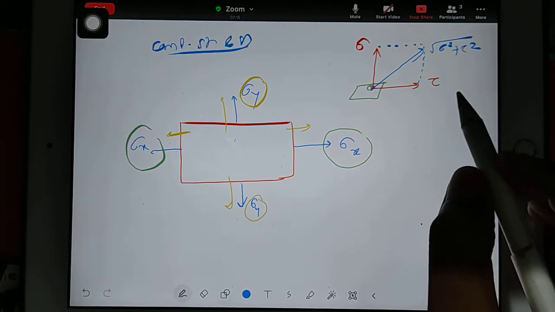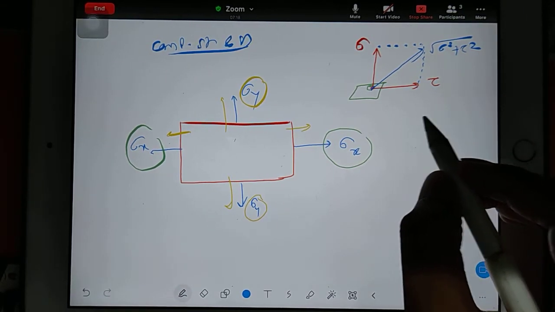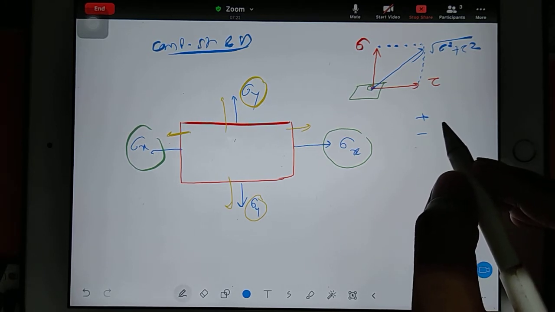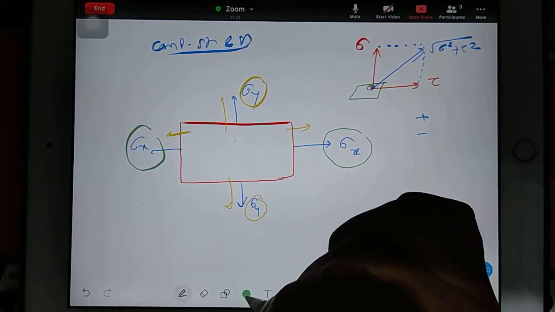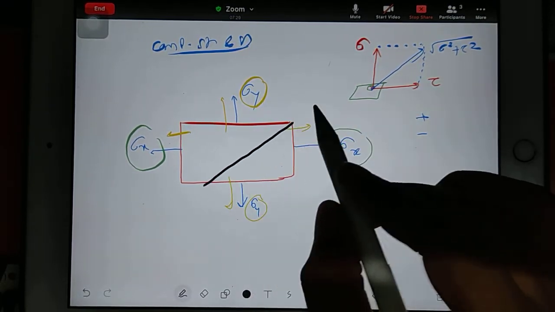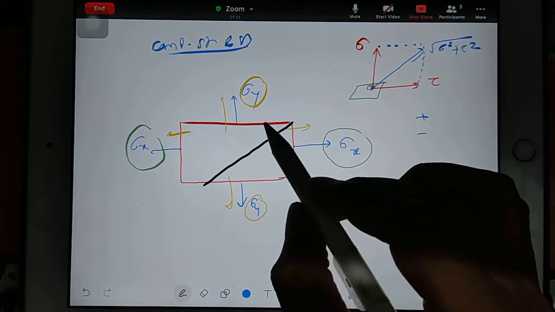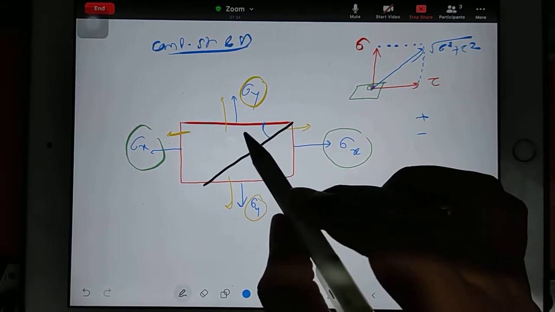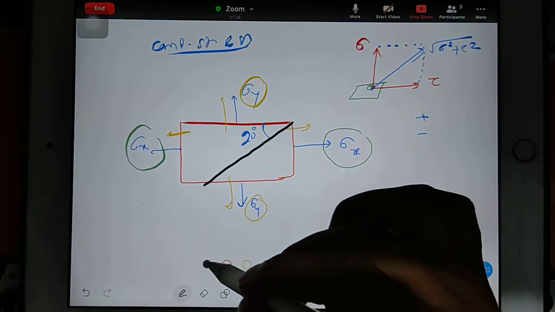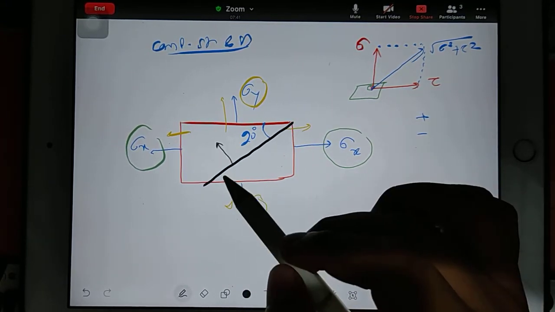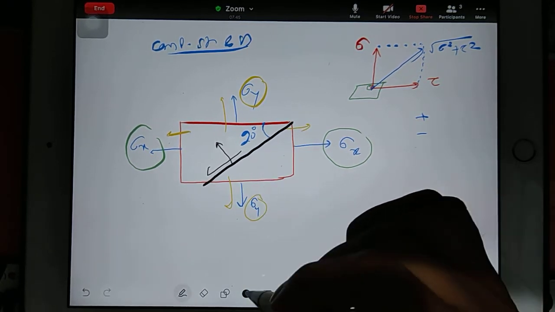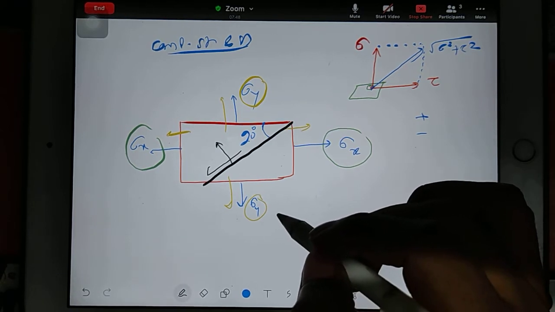So they both are tensile in nature. And I have already told you that whenever you have tensile stress you take it as positive, and for compressive stress you take it as negative. Now our job is, suppose I give you an inclined plane like this. If this inclined plane is at a particular angle, for example 20 degrees, then on this plane, the black colored plane, I have to find the perpendicular stress and tangential stress. So how can we find that?